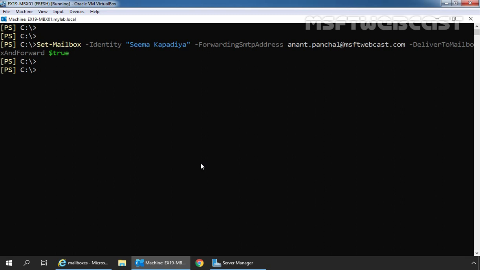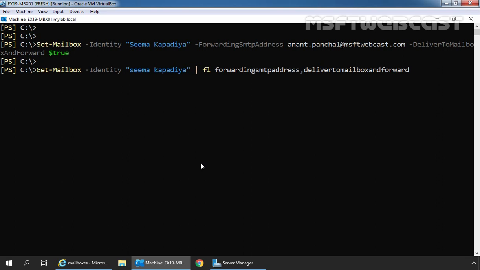To verify we have successfully configured email forwarding using cmdlet, we are going to use cmdlet Get-Mailbox. Again, we need to specify -Identity. It is going to be Seema Kapadia. Format-List ForwardingSmtpAddress, DeliverToMailboxAndForward.